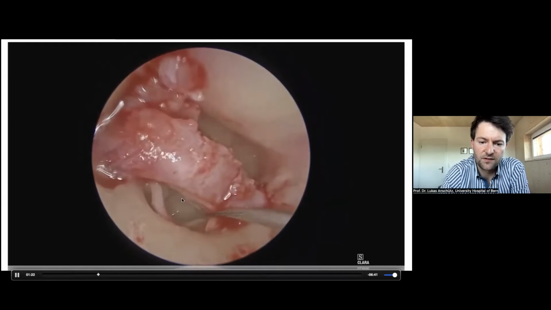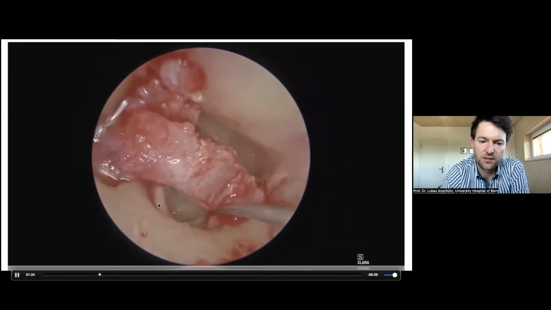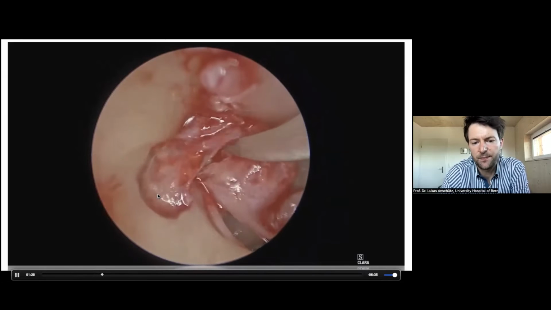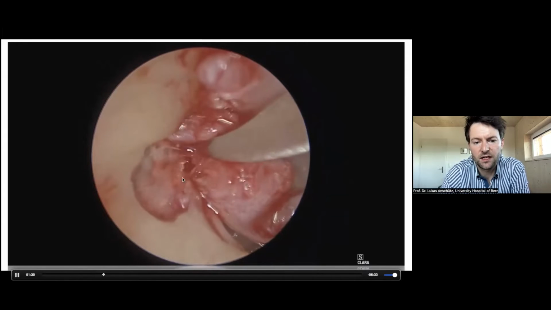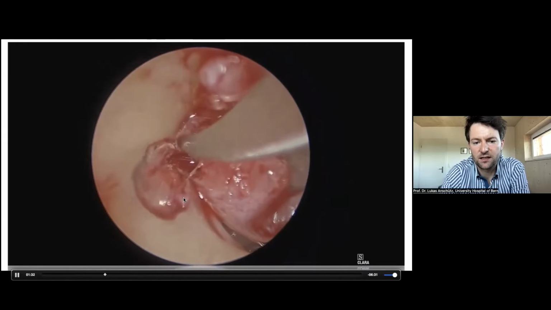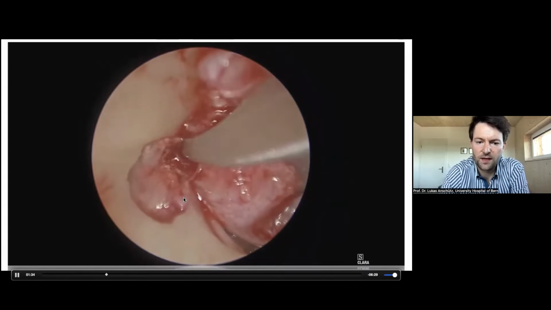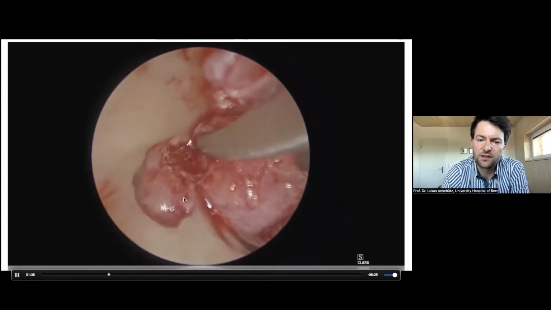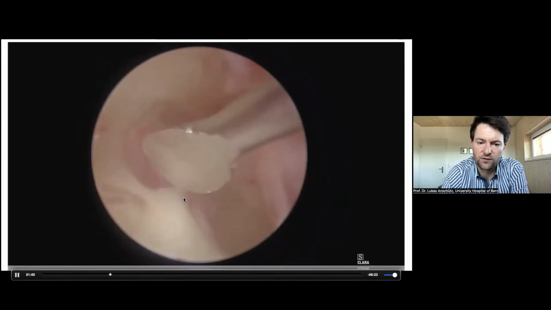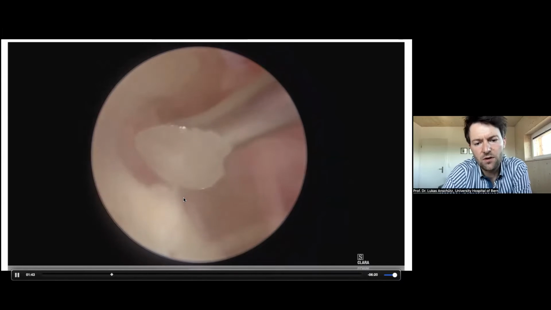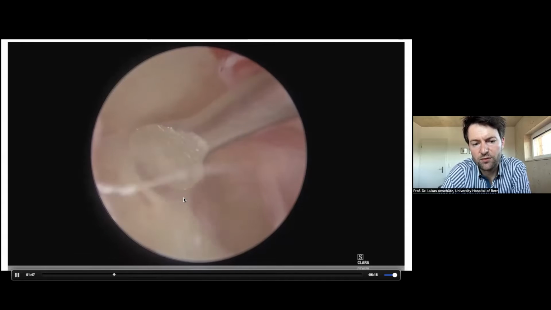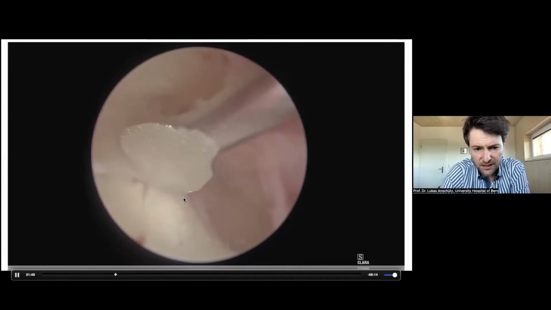Now we identify the annulus here, chorda tympani is here, and we can elevate the flap. We can enter the middle ear, and here the cholesteatoma is dissected away from the rest of the flap to be able to pull the flap anteriorly and inferiorly to get it out of the way for the further dissection. Now I start to remove a little bit of bone. It is important to remove the bone in a very gentle way.